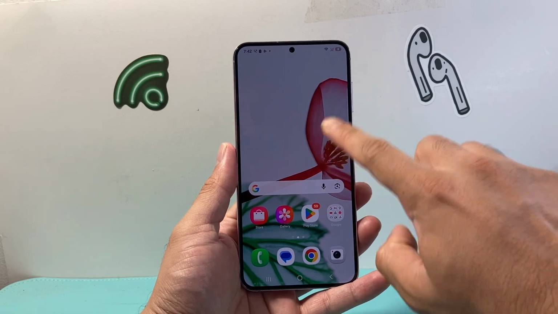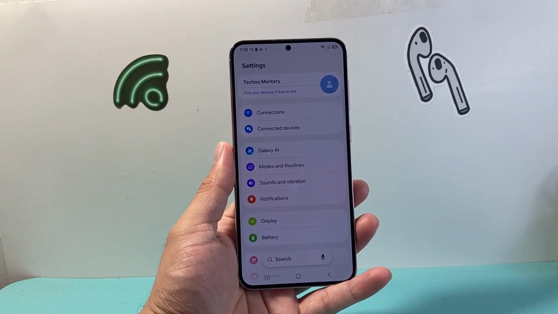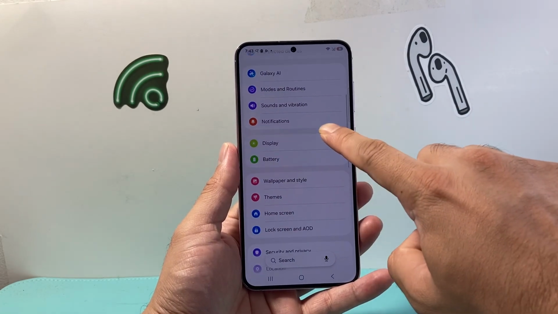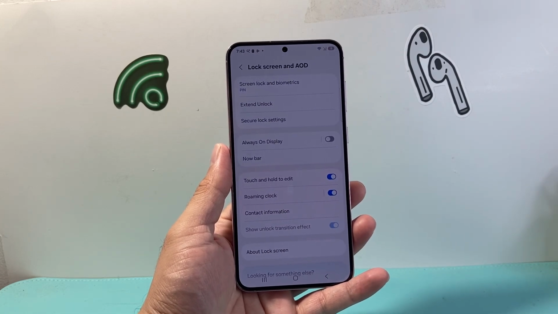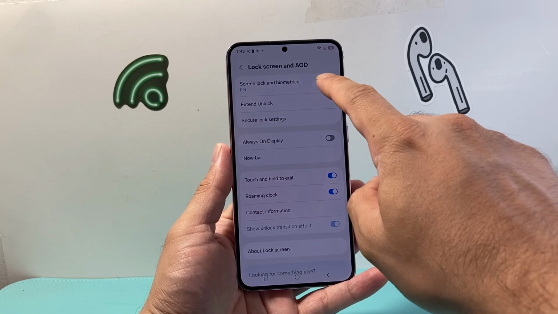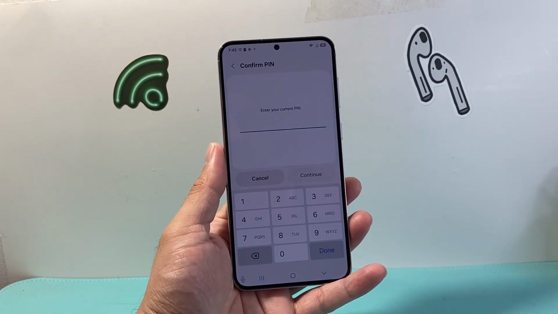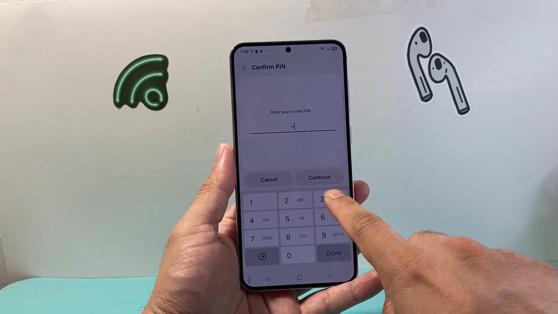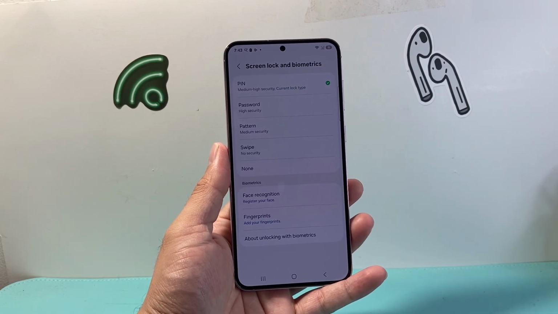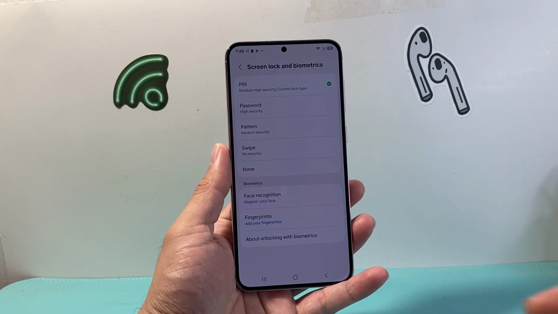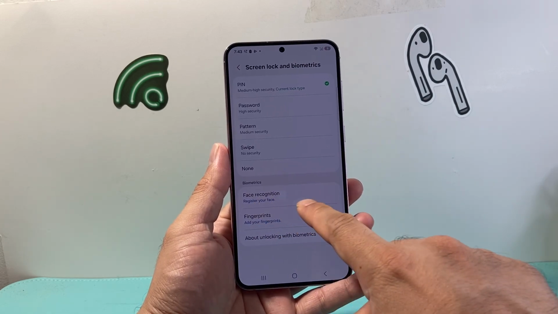So the very first thing we need to do is go into our Settings app. Now from your settings here, we're going to go down to Lock screen and AOD. From there, we're going to click on Screen lock and biometrics. And then if you have a current PIN or password, you need to enter that to get to the menu. Now, once you're in the Screen lock and biometrics menu, you should see under the Biometrics section where it says